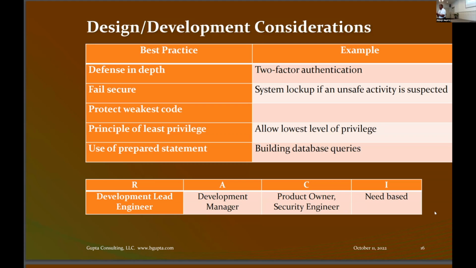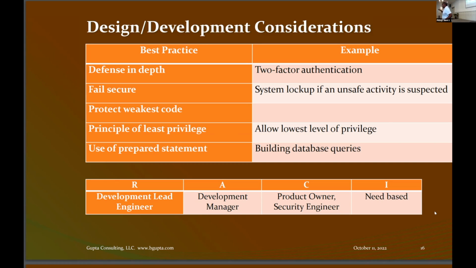So things like that, if you prepare your statement by taking the values, don't join them together and make that the query, but take those values and then build the query. That's the prepared statement. And that always guarantees that nobody can put values which can cause the SQL query to pass. There's a lot more to it, but this is how you prepare the statement.